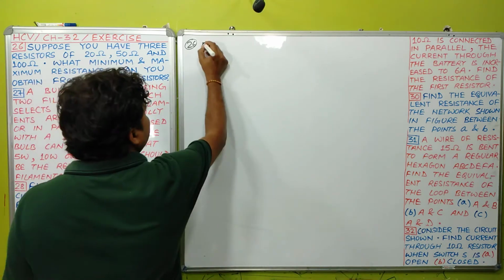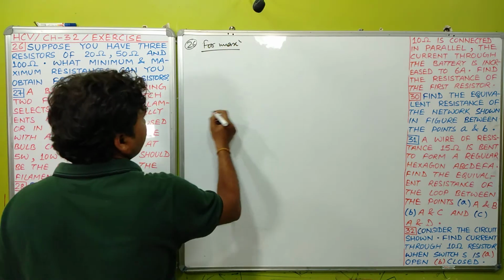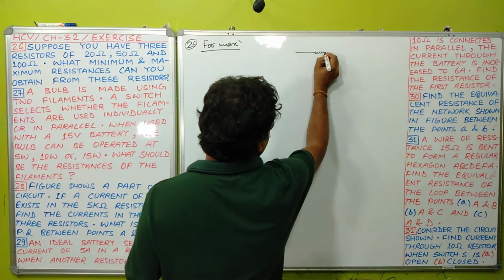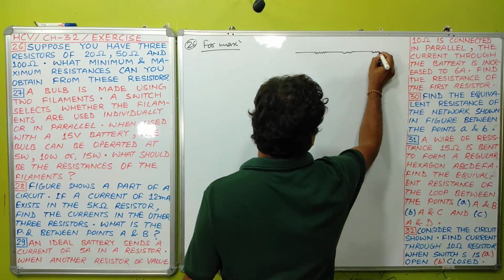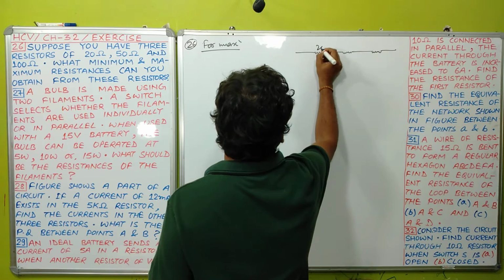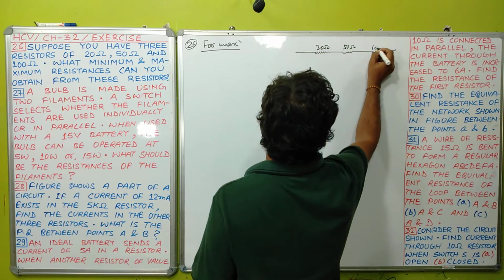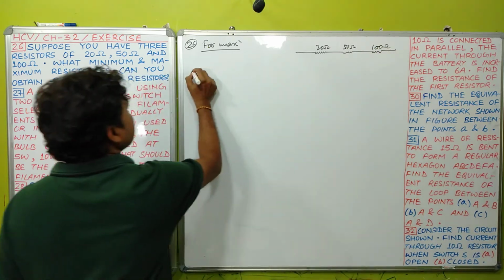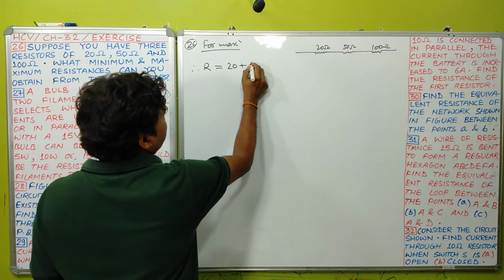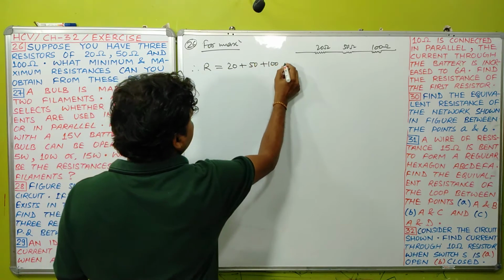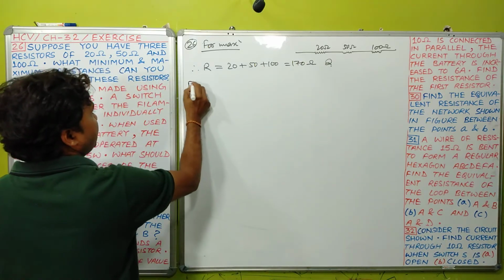Okay, so for maximum we will connect these resistances in series like this. Okay, and these values are given: 20 ohm, 50 ohm and this is your 100 ohm. So in this case the value of equivalent resistance will be 20 plus 50 plus 100, means 170 ohm is your answer. Okay, and for minimum